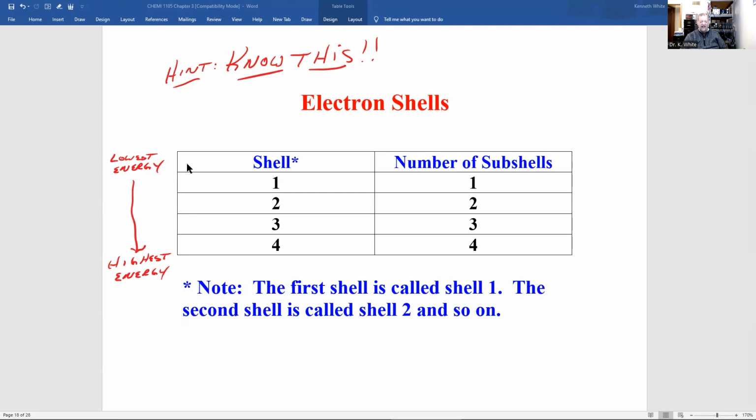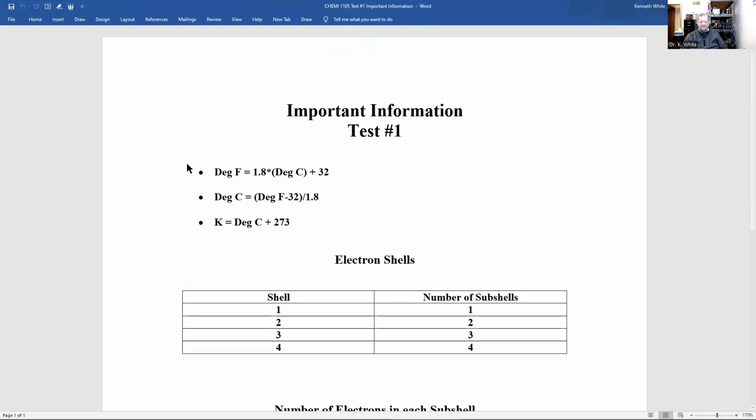And because of that, if you look on your screen right now, it will say